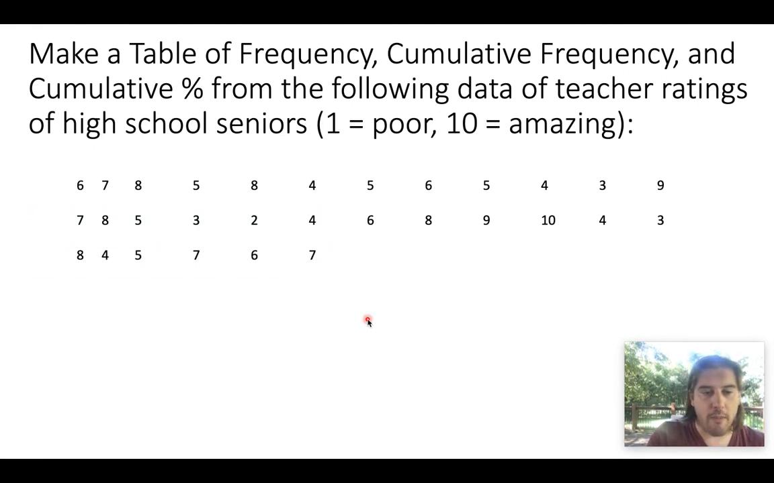Okay, so I'm going to stop us here. This is going to be part 1, because what I want you to do is take these data that you see in front of you on the screen, and I want you to make a frequency table that has a frequency column, a cumulative frequency column, and a cumulative percentage column from the following data. We asked teachers to rate high school seniors, where 1 equals a poor student, 10 equals an incredible and amazing student, the best student I've ever had. So I'm going to end the video here, and then in part 2, we're going to start with going over this